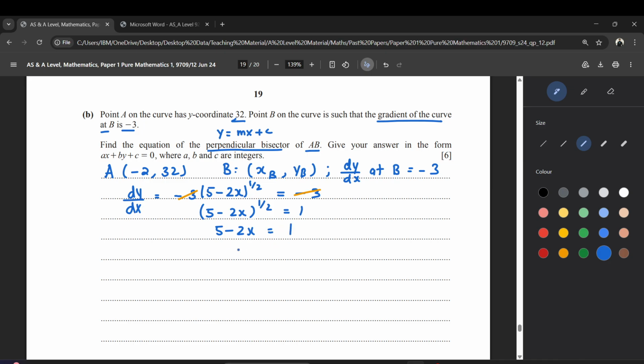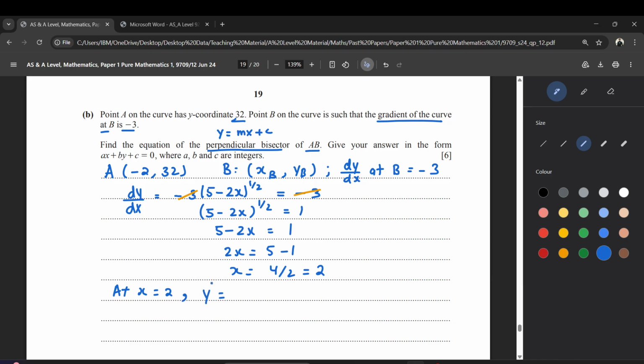Now we can find out what x is. So 2x goes to the other side. So this becomes 5 minus 1, and x is equal to 4 upon 2, which is equal to 2. So this is the x coordinate of B. Now that I know the x coordinate, I can plug in this value